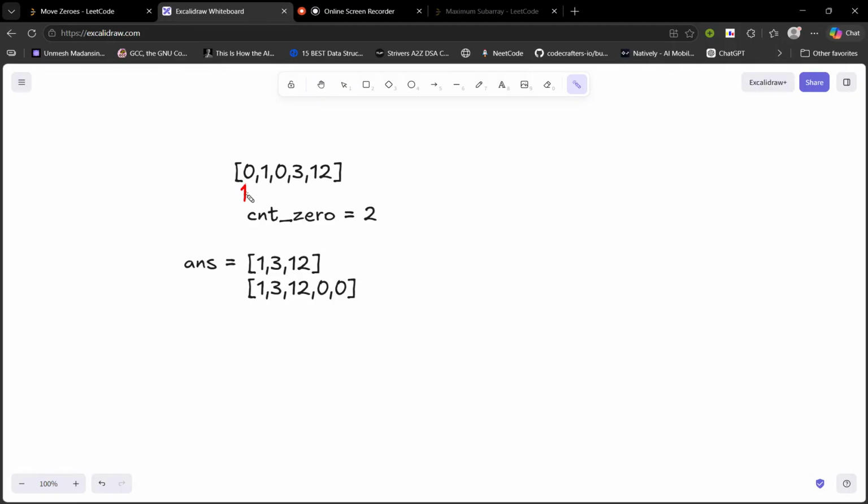If you encounter a zero, simply increase count zero. If you encounter a non-zero, push back in answers. Zero, increase count zero. Non-zero, push back in answers. So you will get count zero is 2, and answers has 1, 3, 12. And now you know count zero is 2, then just push back two zeros to answer, and you will have your answer array, which is